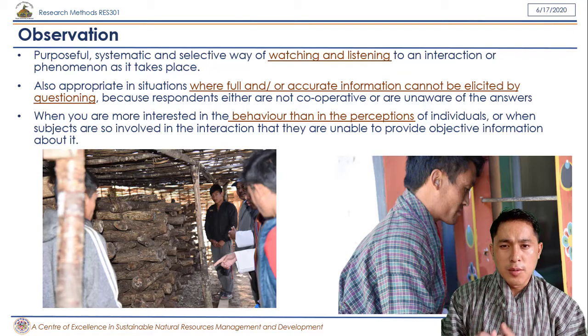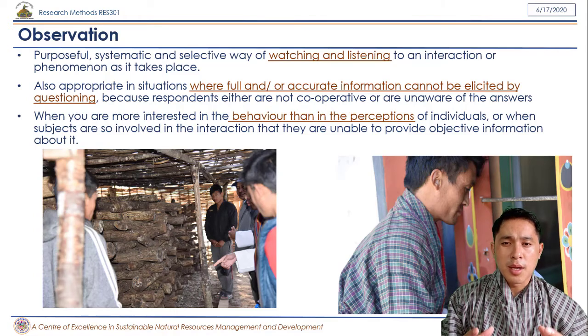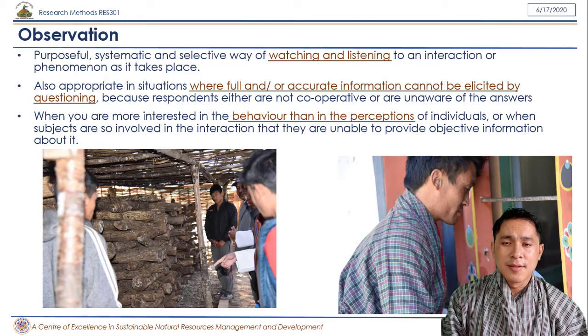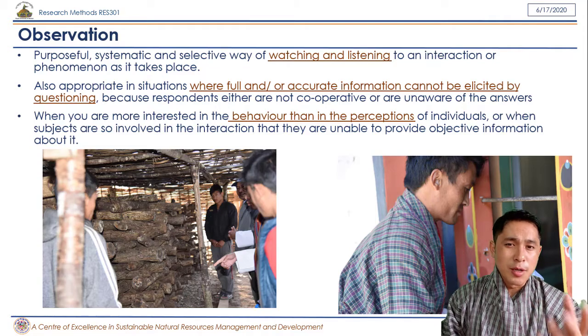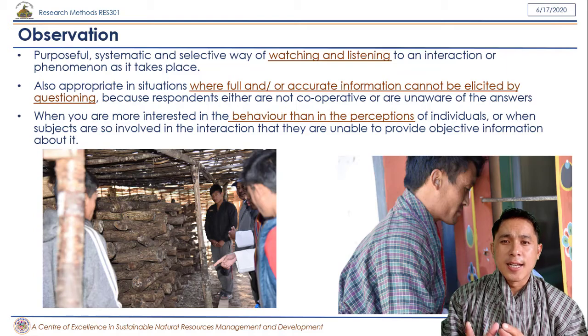So when you are looking at observation, we're not looking at people's perception. We're just observing the interaction between themselves, interaction between the people and the environment, interaction between the environment itself, and we are even looking at the phenomenon taking place in that study area. So just watching and listening to the interaction is what observation is all about. We are not interfering with anything else, and sometimes we may interfere, and that's one part of observation. We'll be looking at that in the next slide, but generally speaking, we're not interacting